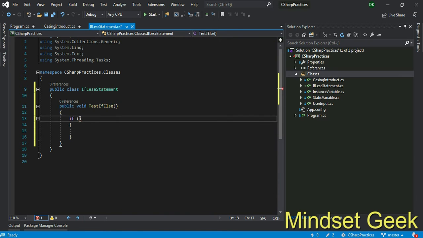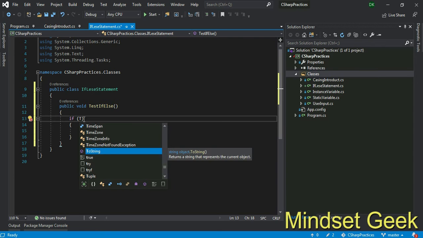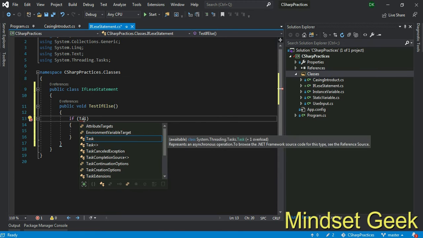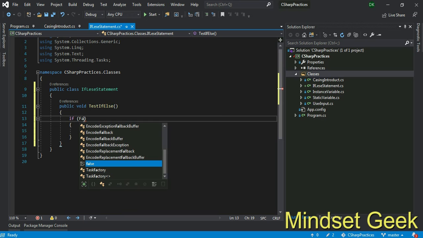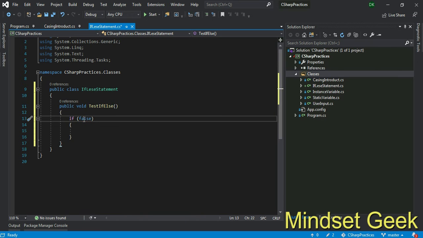The if statement accepts some boolean value. Boolean means it's true or false. Think about this. This will be any statement, right? This result must be boolean, right? It will be true or false, right?